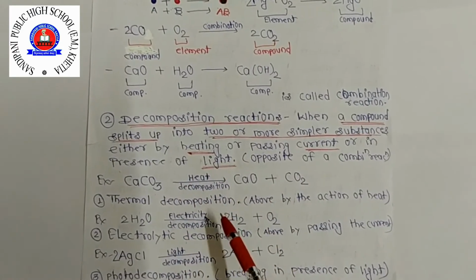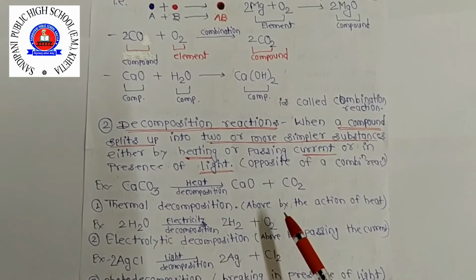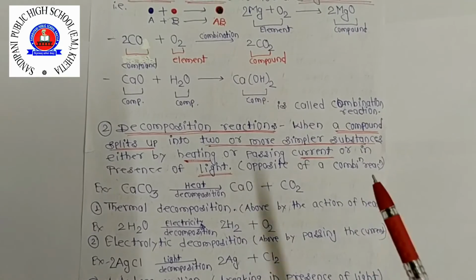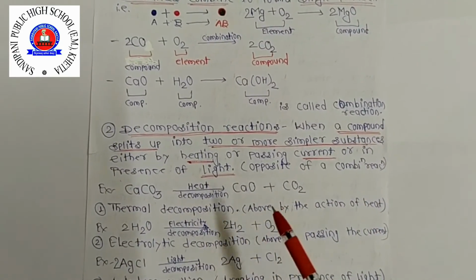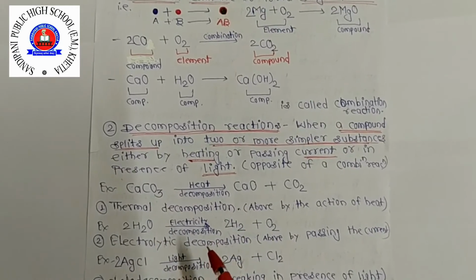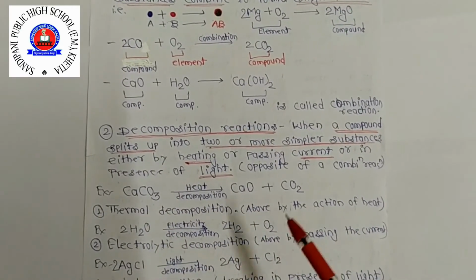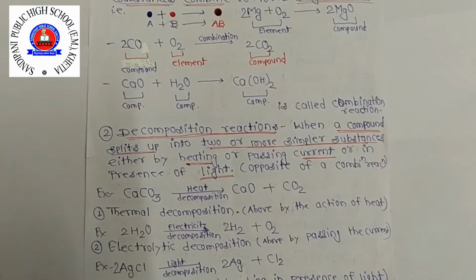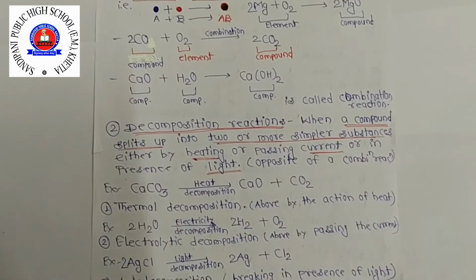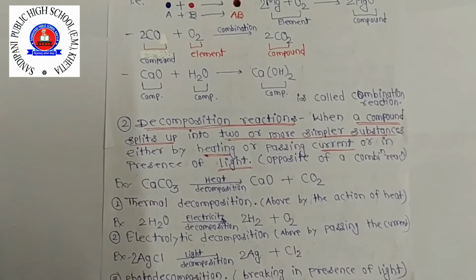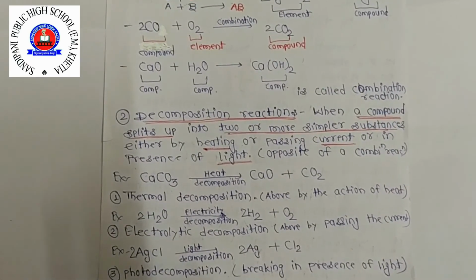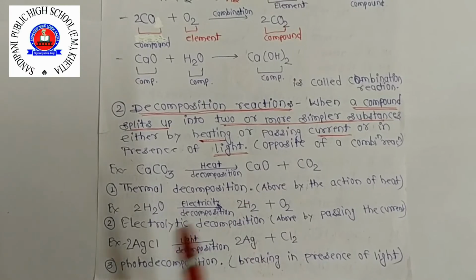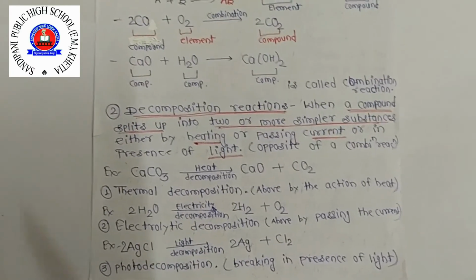And decomposition reaction carried out by electricity is used to extract several metals from their naturally occurring compounds like chlorides and oxides. Meaning the metals present in oxide form, this reaction is used so that you can extract the pure metal from them. And second example, decomposition reaction in our body also,